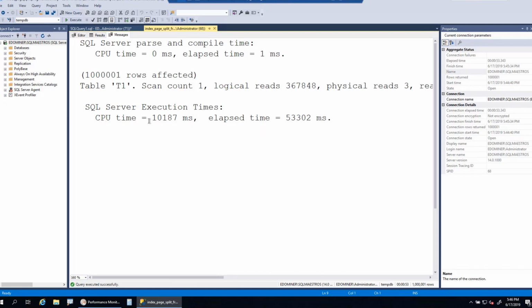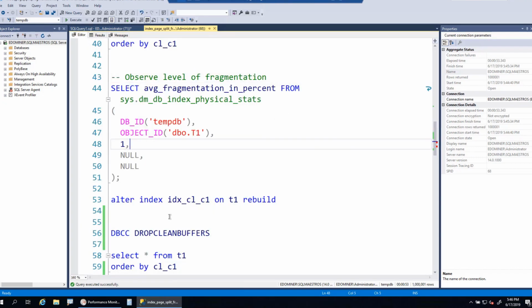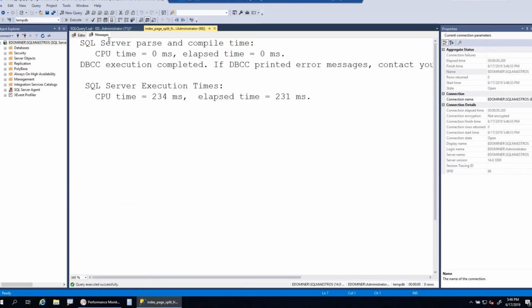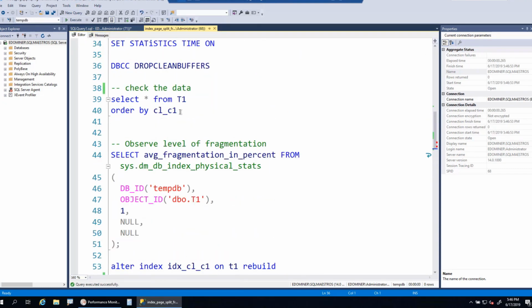So if you see, it has spent about 10 seconds or so on the CPU. Let's not bother about the elapsed time, because that's the time it has taken to render the entire data set in Management Studio. We should be focusing on the amount of time it has taken on the CPU, about 10 seconds or so. Now let's go and clean the buffers once again, and so we freeze, and now I